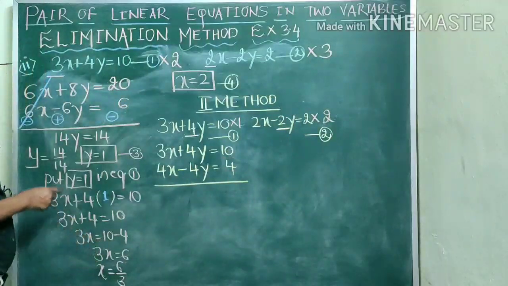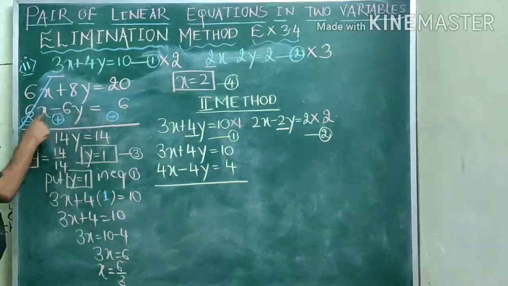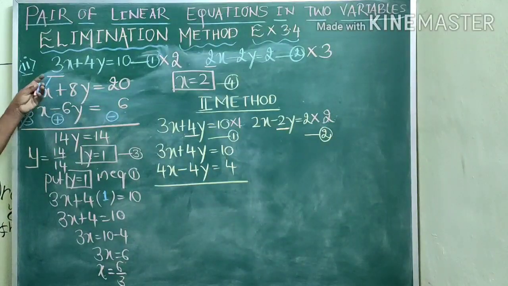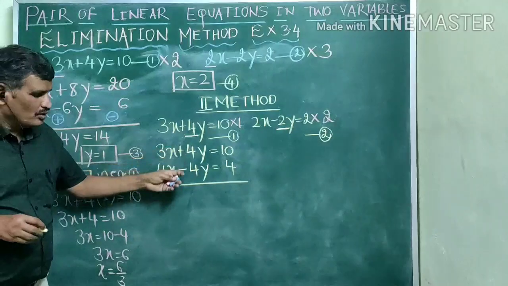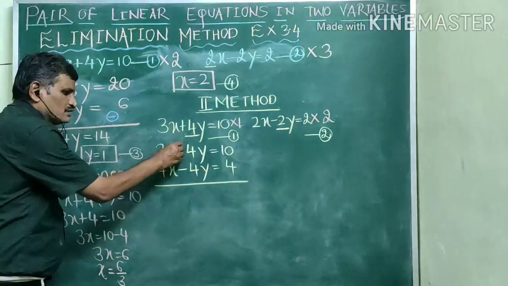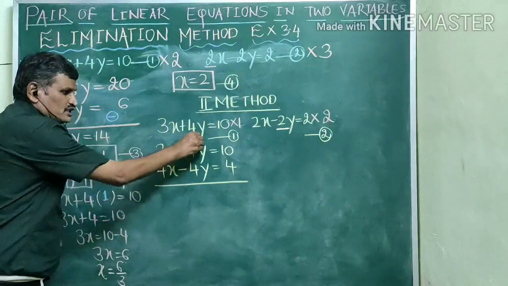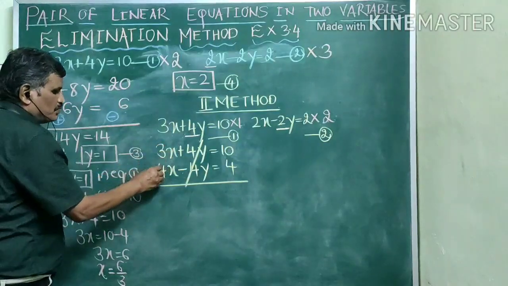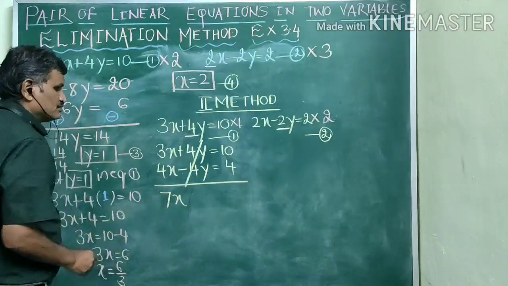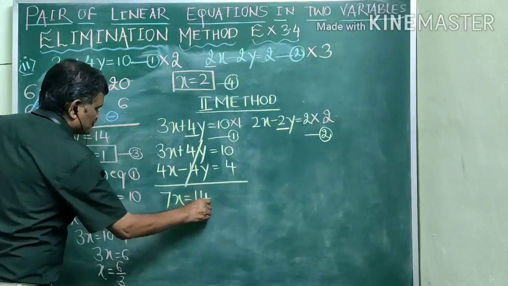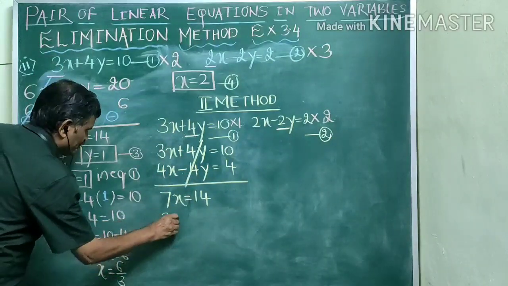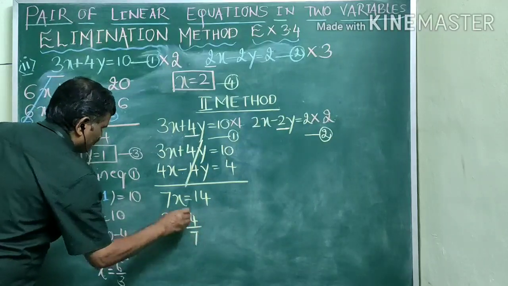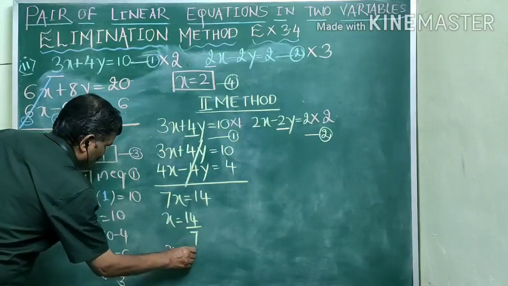Now last time, you see here, I have changed the sign. The purpose of changing the sign was to see that the common terms will get cancelled by acquiring positive and negative sign. Here I am not going to change the sign because the signs are already opposite. So it is sufficient for me to cancel it. I need not change the sign. Then 3x plus 4x is 7x is equal to 14. So 1x will be equal to 14 divided by 7. So 1x will be equal to 2.